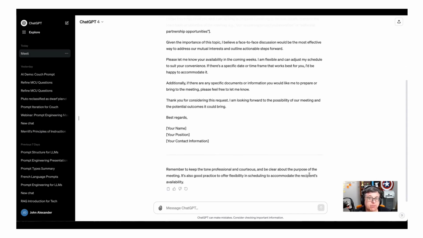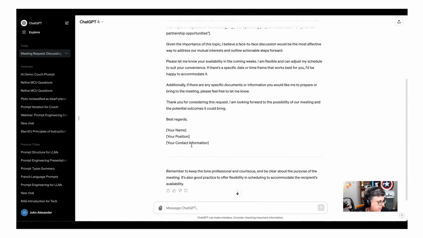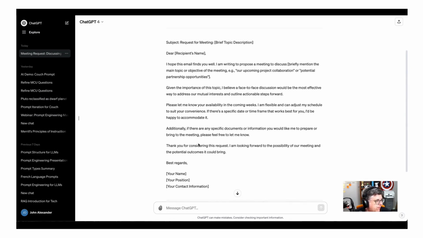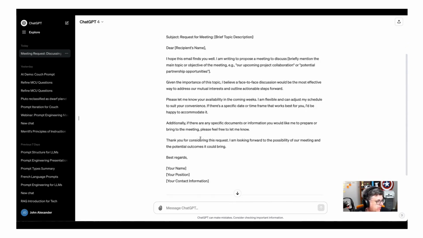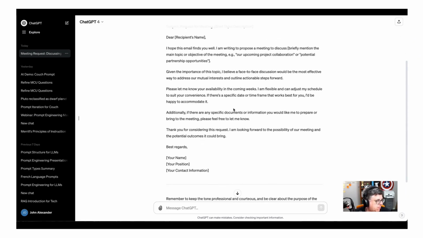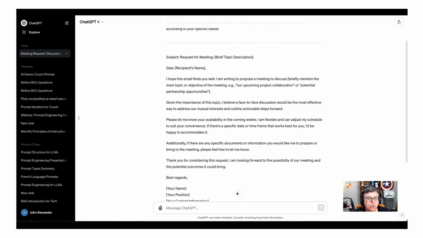And it's giving us some information there. So it created this nice email, but it's pretty generic. And so we're starting with a clear goal. Is it really clear? The goal is to generate an email to request a meeting. But we want to be more specific and provide context, which is best practice number 2. And so we're going to expand that prompt